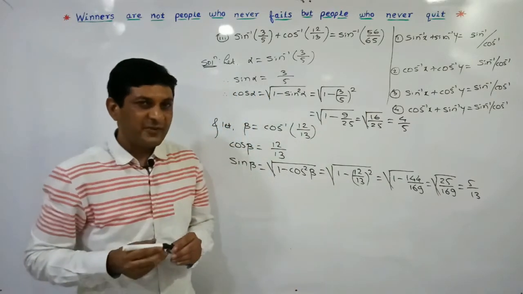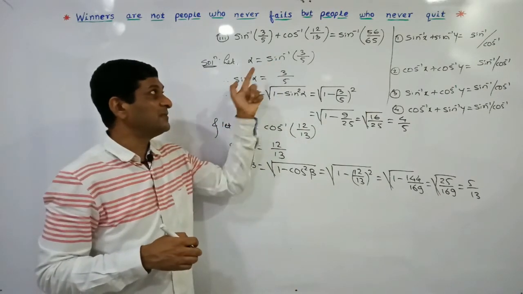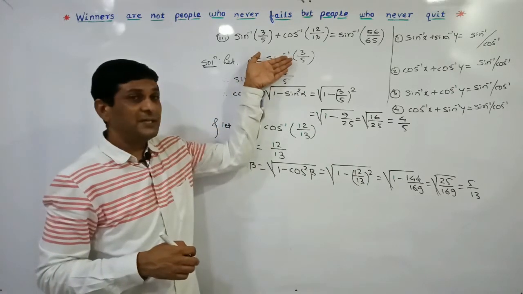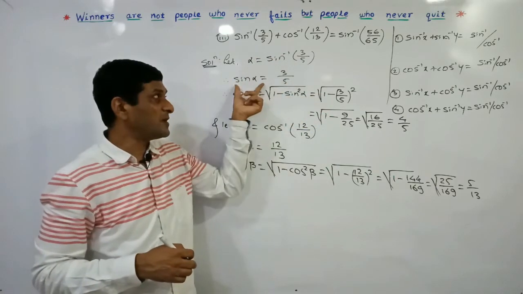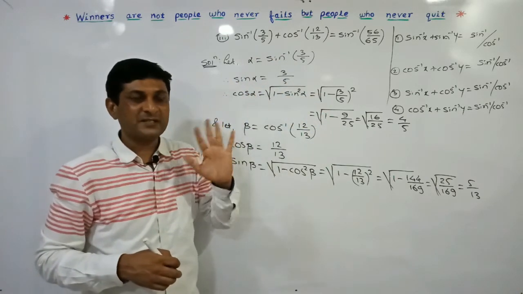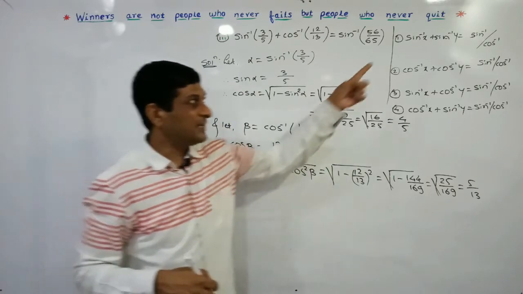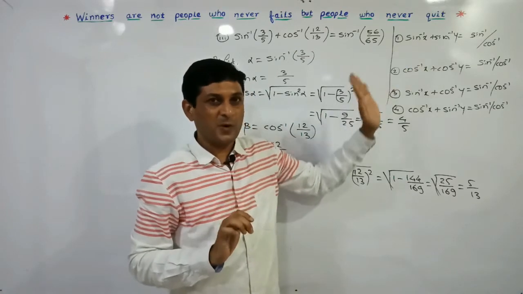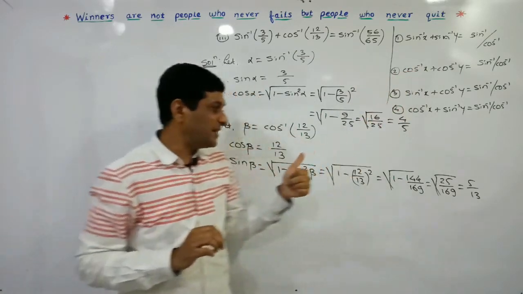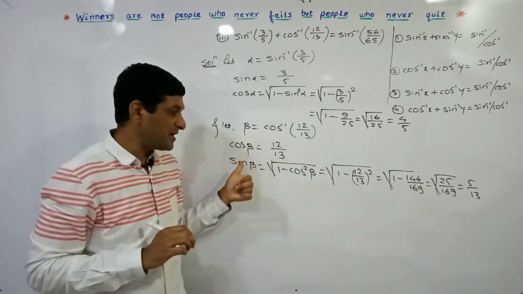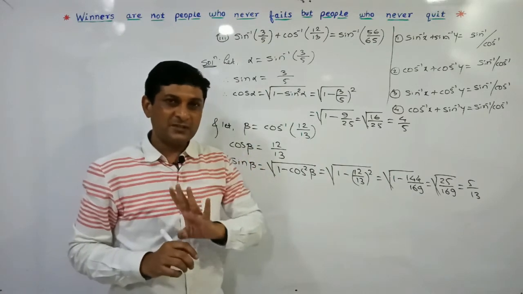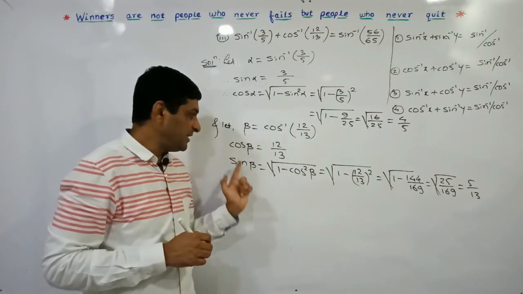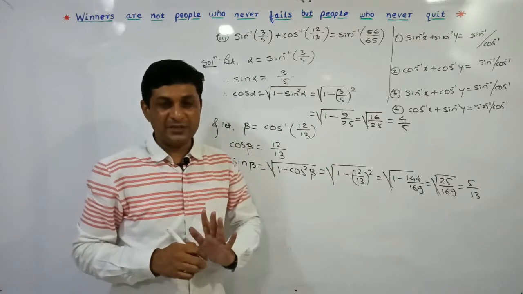Now hope the ideas are very clear to you. If the value of sin inverse is given, from this we will get sin alpha, and from sin alpha we will get cos alpha. अगर sin inverse के जगह पे cos inverse दिया तो आपको cos alpha मिलेगा, और cos alpha से आप क्या फाइंड कर सकते हो? Sin alpha. Means if sin inverse is given, we are able to convert it in terms of sin alpha, and sin alpha in terms of cos. अगर cos दिया है तो we are getting the value of cos, and from this cos we are able to find out the value of sin. Important thing, in all examples we have to find out the value of sin alpha, cos alpha, sin beta, cos beta, using the given condition.